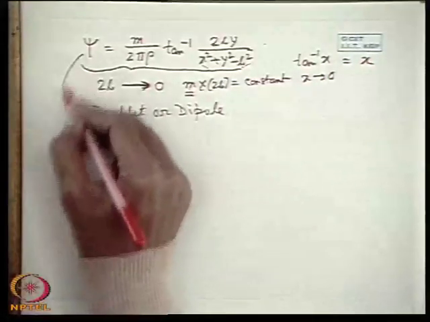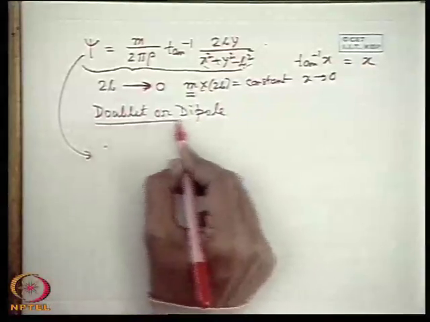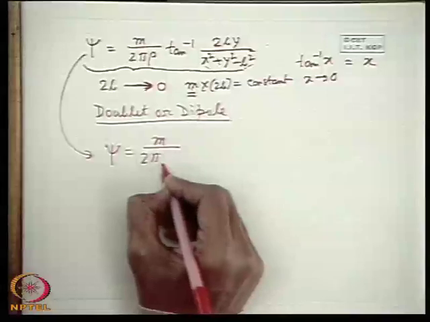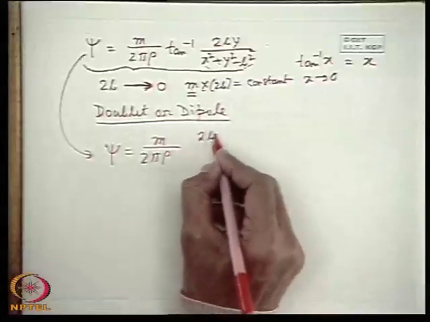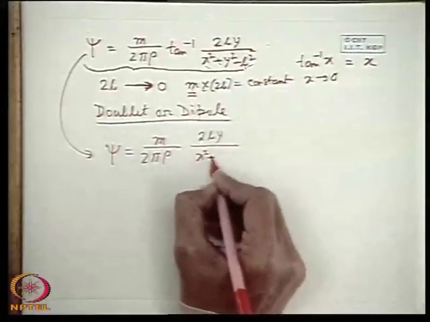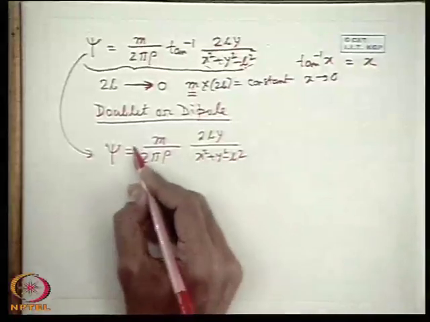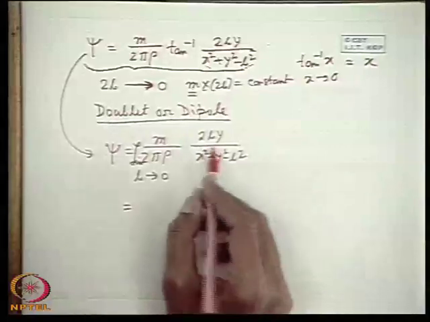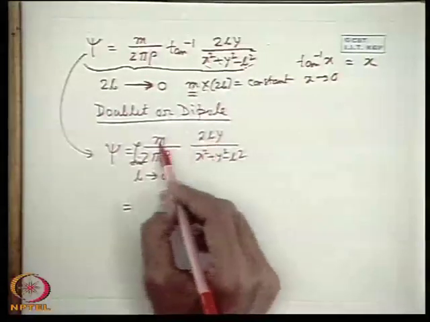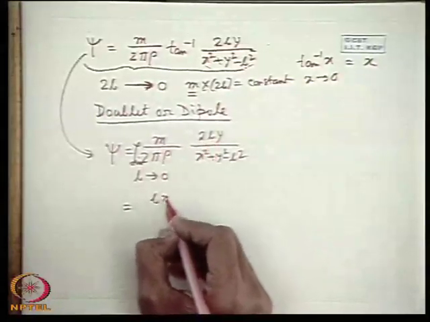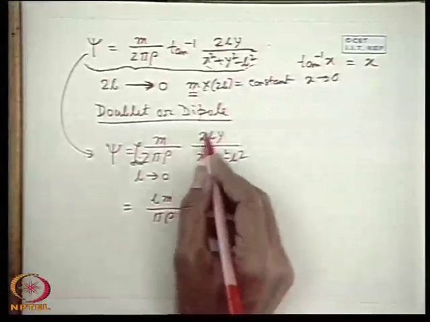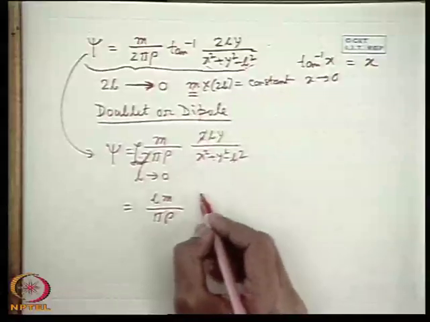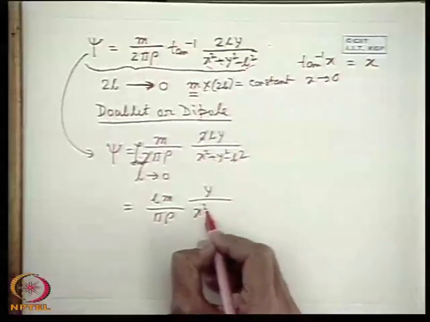So, therefore, we can write under that limiting condition for a doublet or dipole, psi is equal to m by 2 pi rho with this mathematics into 2by divided by x square plus y square minus b square. So, limit of this as b tends to 0. Now, when b tends to 0, but bm is constant, so that we can write bm by pi rho, cancelling these 2, bm by pi rho into y, b tending to 0, that means y by x square plus y